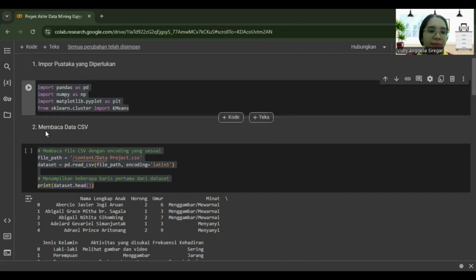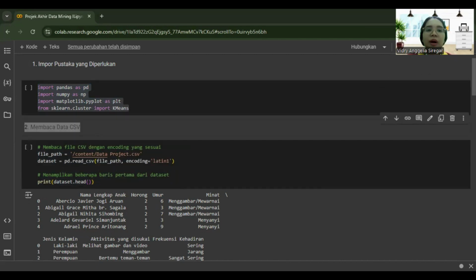Okay, next. Step 2, read the CSV file with appropriate encoding.